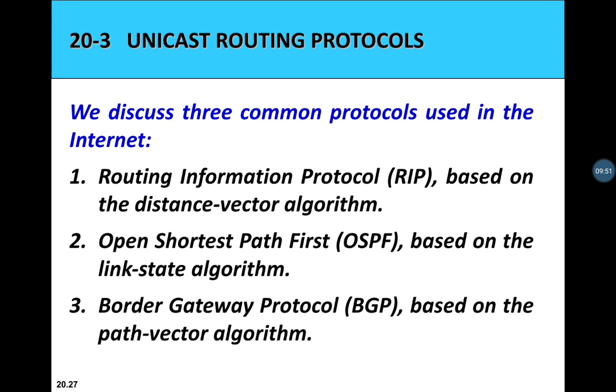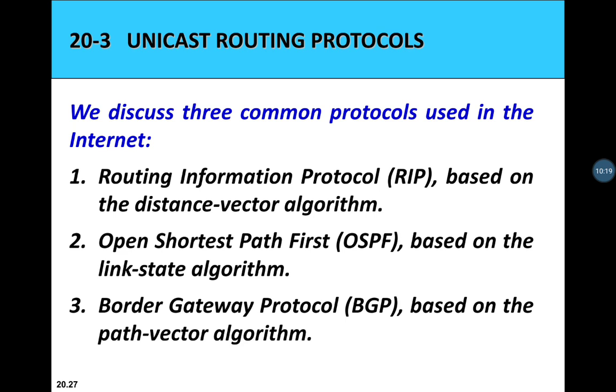Next is about the unicast routing protocols. Now we have seen the distance vector algorithm, then the Dijkstra algorithm, the link state algorithm which we had studied in the last class, which is class 7, based on which there is a lab program for distance vector as well as Dijkstra algorithm. And next was path vector routing.